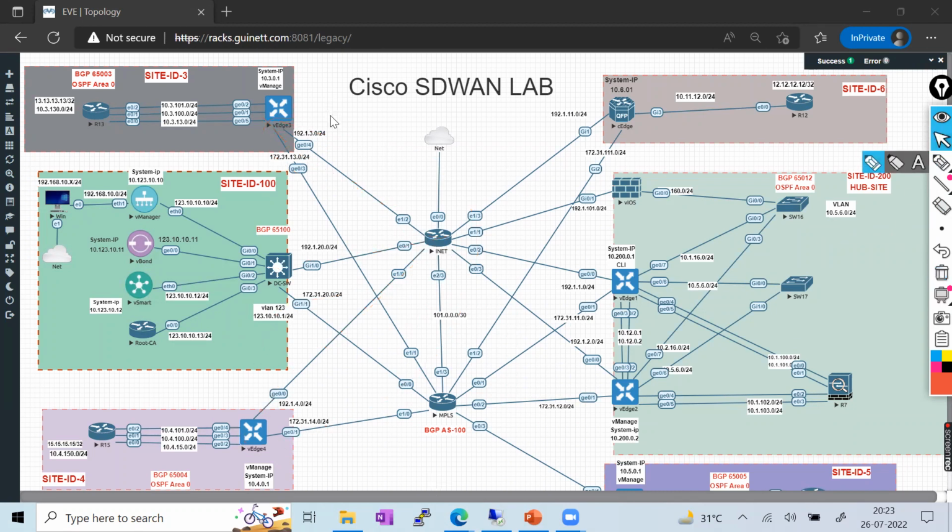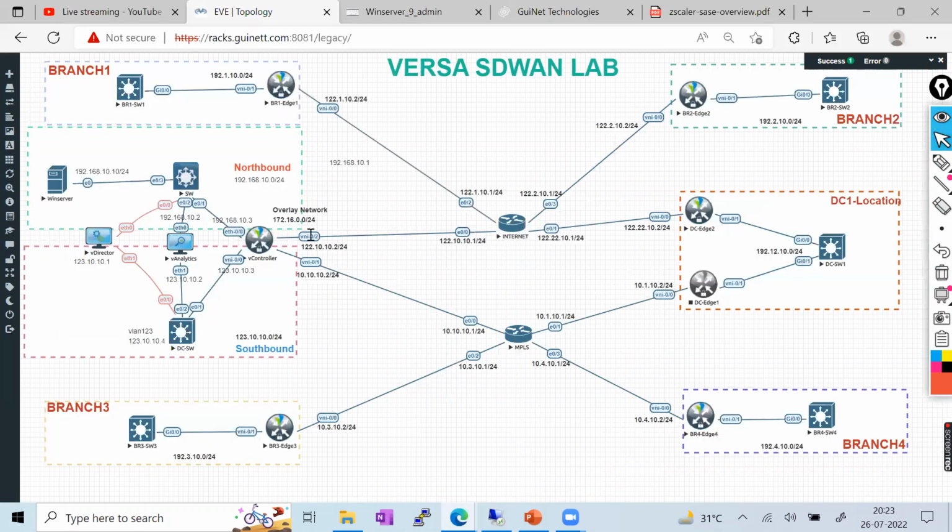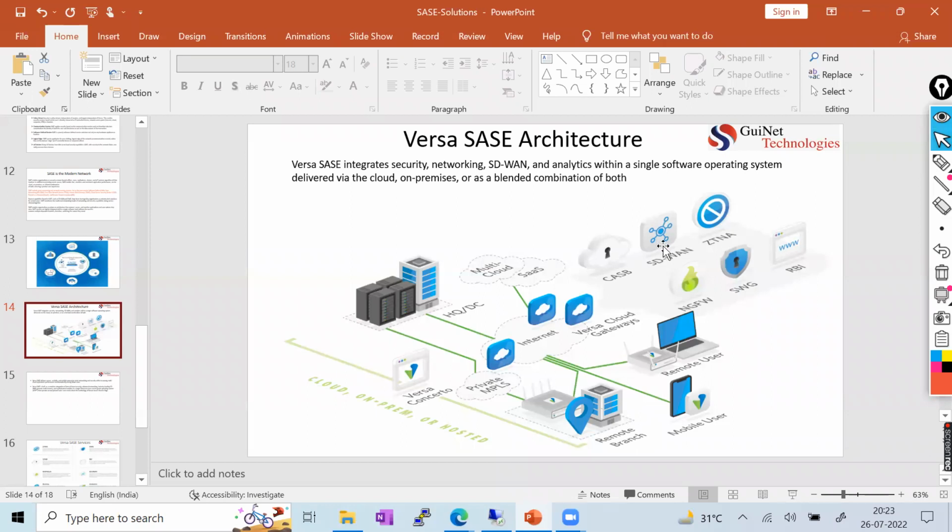And in Versa, for BGP or OSPF, either way can form. There is no limited protocol, like the Cisco SD-WAN protocol. They can use BGP, MP-BGP between the edge and controller to exchange the routing information, right? So in the solution, without this SD-WAN, your network as a service is not going to be achieved in your modern digital network requirement. So you have to implement the SD-WAN solution.